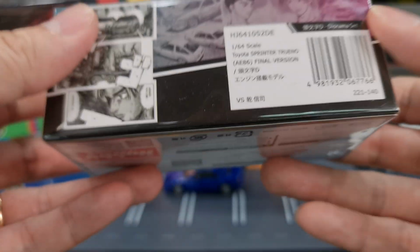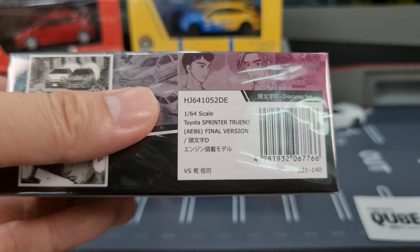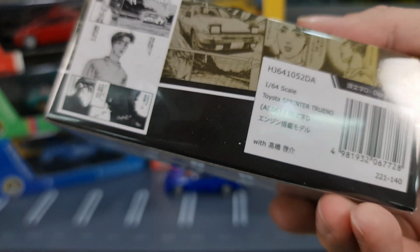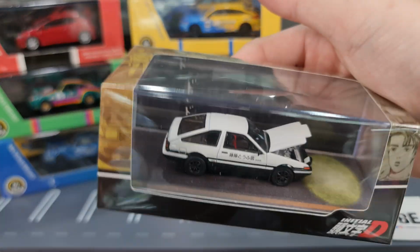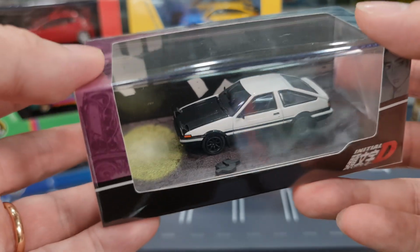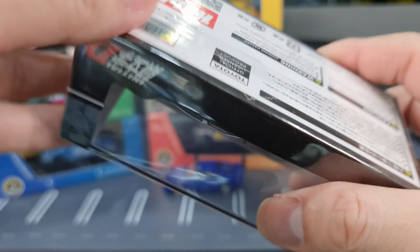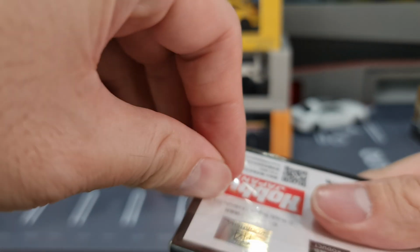Alright, so this is actually the Toyota Sprinter Trueno AE86, the final version, compared to not the final version. So this is the plain white hood, and this is after the engine blown, after the engine swap. All right, so bear with me a little bit while I get this out,